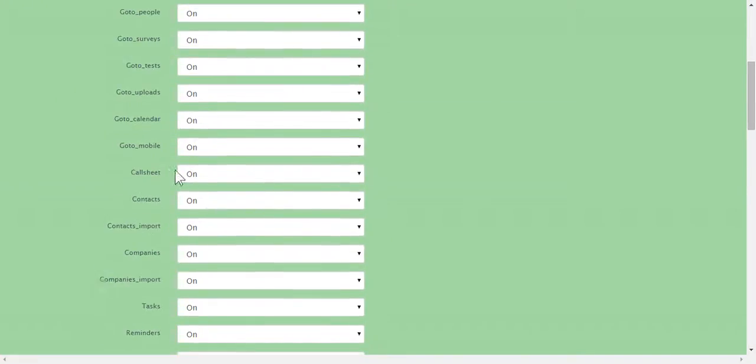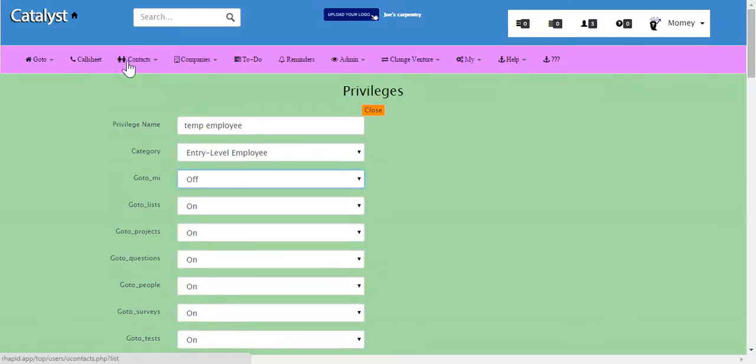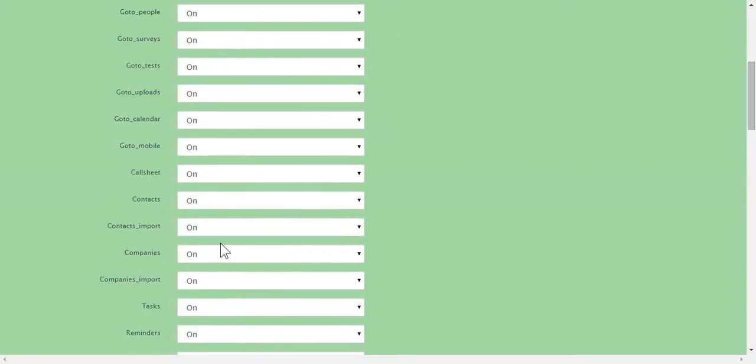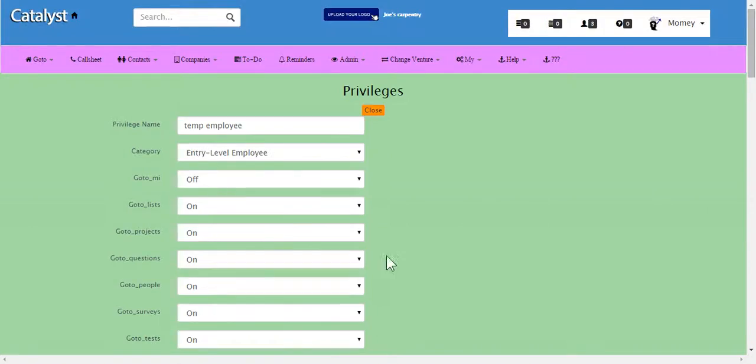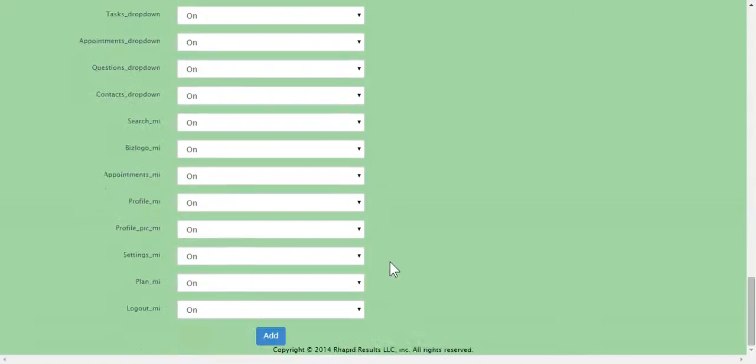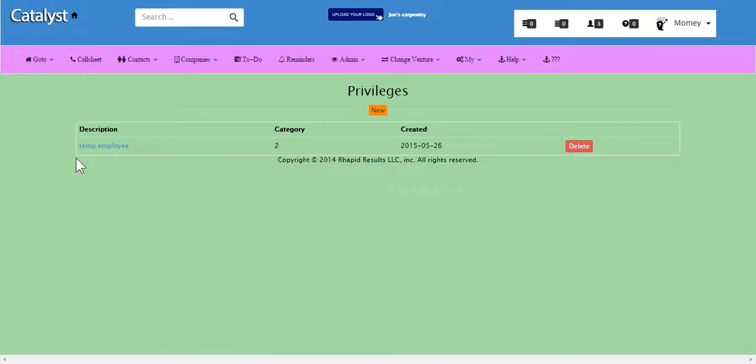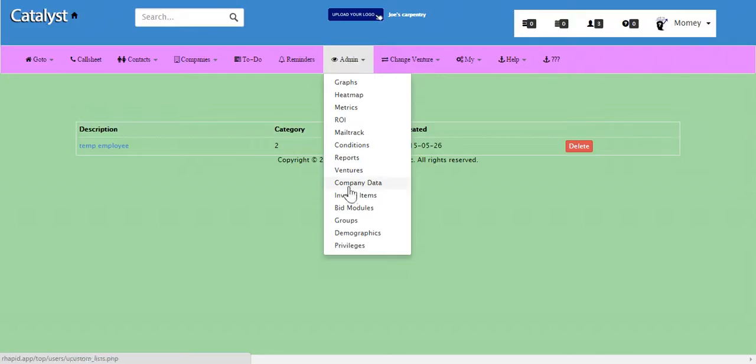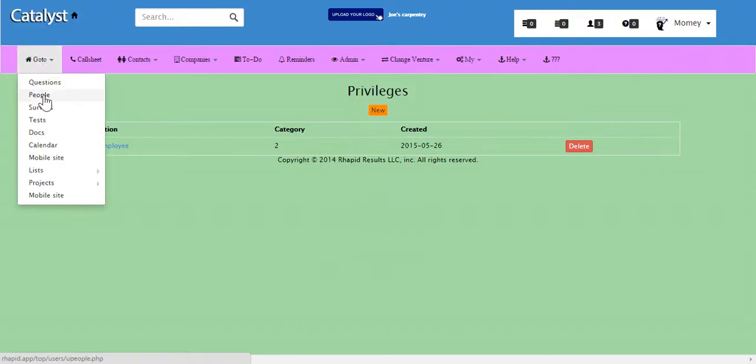Same thing here, call sheet, that's this one, contacts, that's this one. So if I turn off the call sheet, and I turn off contacts, and I turn off companies, and I turn off that one, and then I store this privilege, let's say I leave everything else on, okay, now I have the ability when I add a person here under my go to people,